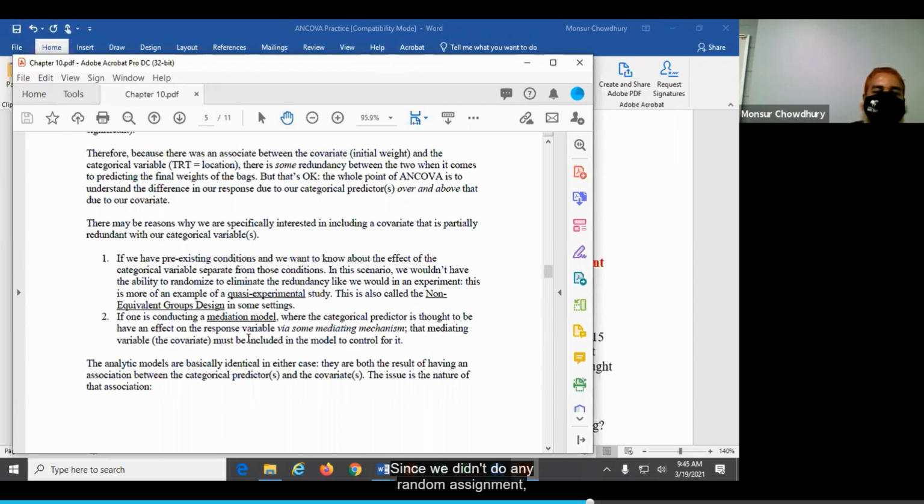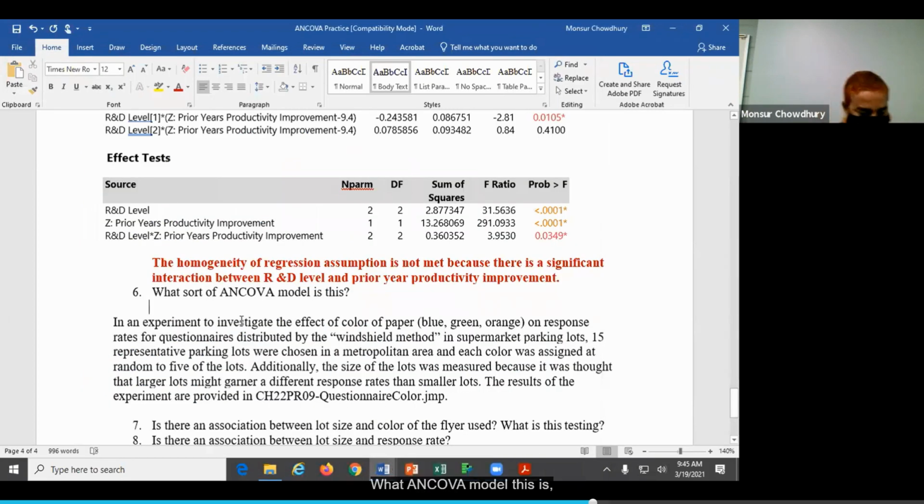Since we didn't do any random assignment, this is simply a quasi-experimental study in this case. So what sort of ANCOVA model? This is ANCOVA for a quasi-experimental study.